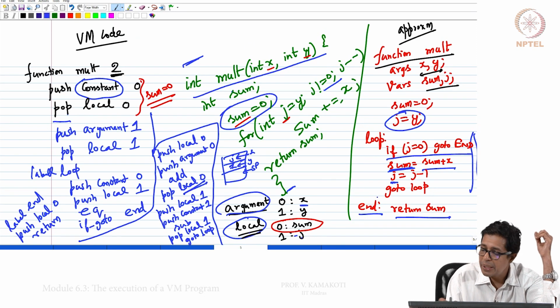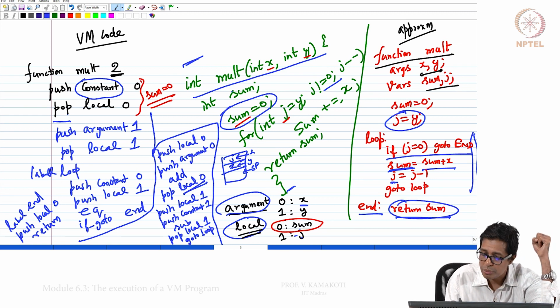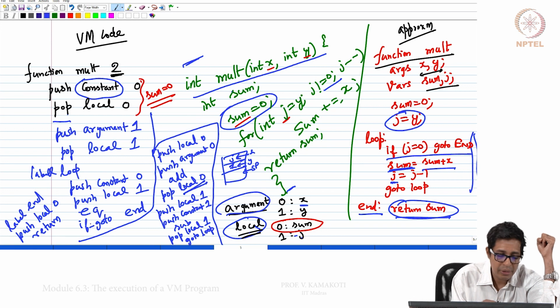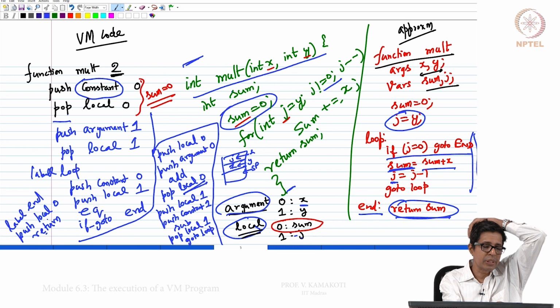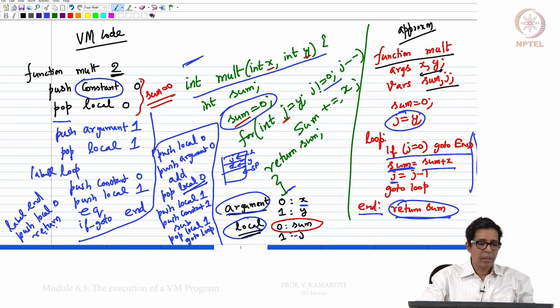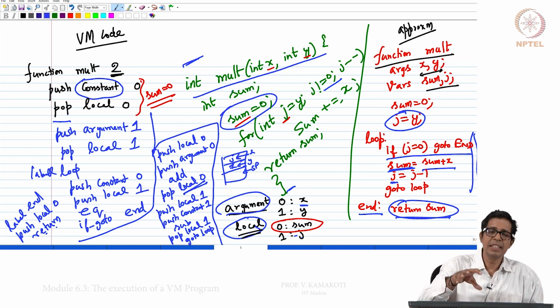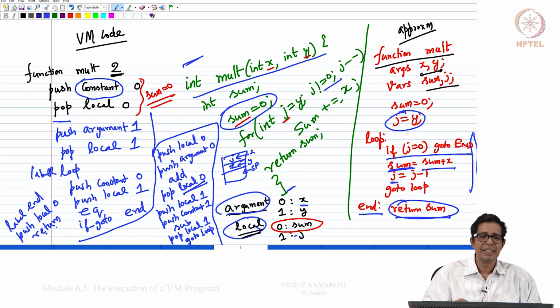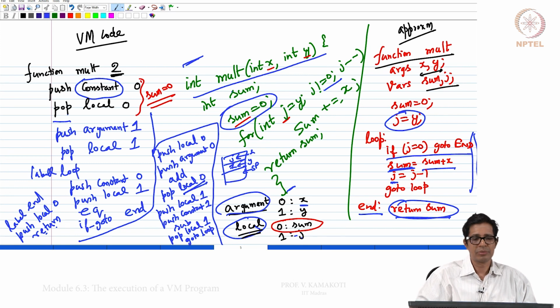So return sum essentially means push the value of local 0, which is sum, onto the stack and then return. So this is how a C multiplication code essentially gets translated to our virtual machine code, right?